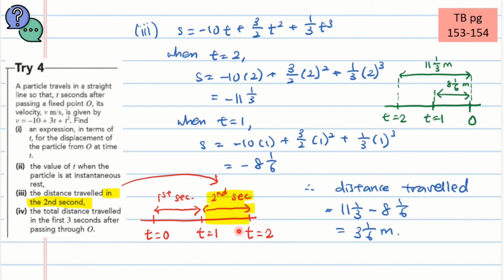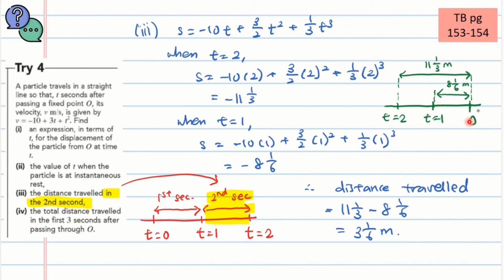Alright, so I hope you understand what it is that we're trying to find now. When we have our displacement function here, intuitively you will find t equals 2 and substitute into it. And then you will see that s is equal to -11 and 1/3. However, this is not the displacement in the second,